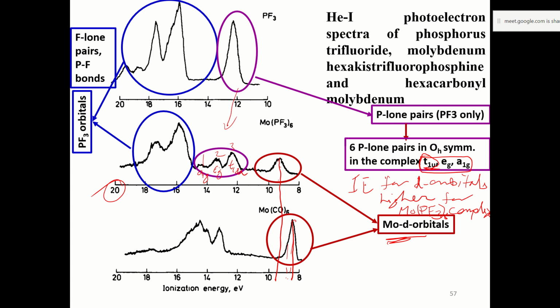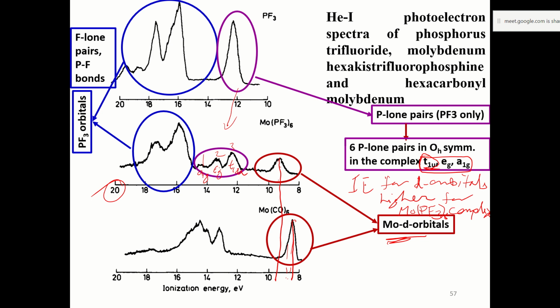So it takes a greater effort to take out an electron from molybdenum if the ligand is PF3. If the ligand is PF3, it is difficult to take out an electron from the molybdenum d orbitals, which also means,